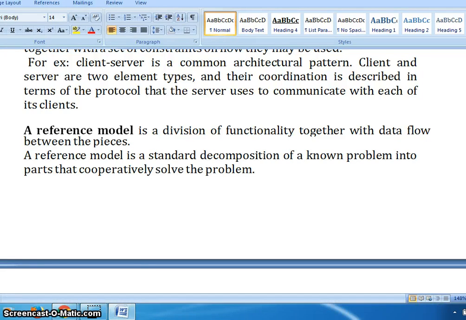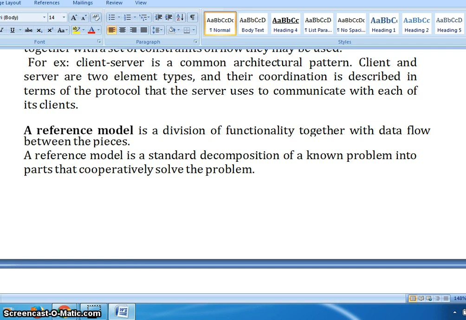Dear students, in the last video I discussed the definition and meaning of reference architecture. It resembles three different aspects: the description of the software elements, the interrelationship between the software elements, and the third part, which explains the constraints, the restrictions implemented on the software elements.